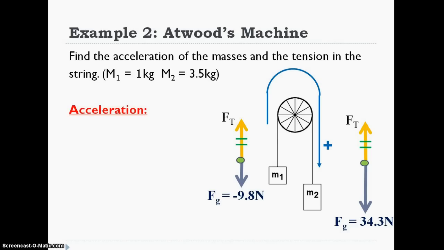So first thing I'll do is find the acceleration. So I do F equals ma. And I have to find the net force. So I'm going to sum the two weights together because they have opposite signs. I'm taking the difference. That should make sense. It's kind of like a tug of war where the pulley is the pivot point. And I add the masses together to find the acceleration.